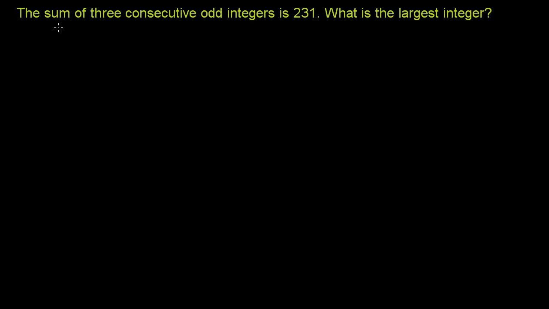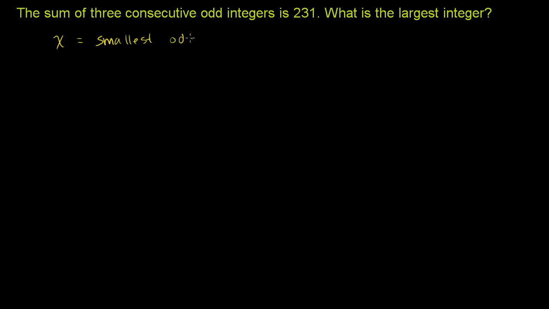We're told that the sum of three consecutive odd integers is 231. What is the largest integer? So let's think about this a little bit. Let's say that x is the smallest integer. X is equal to the smallest